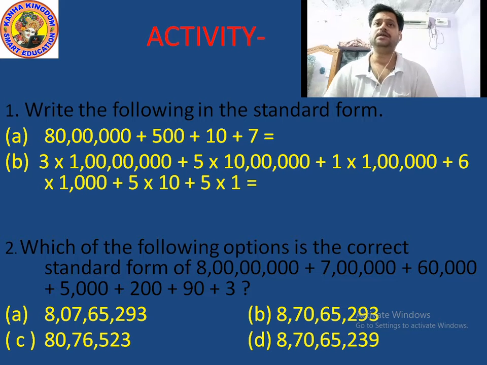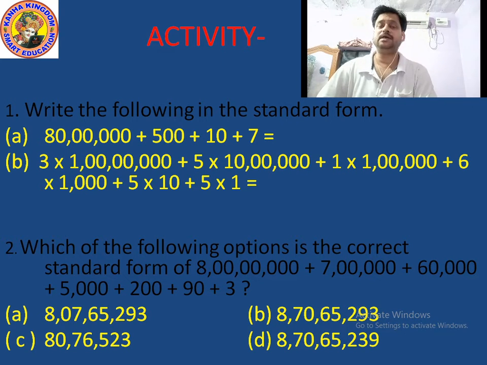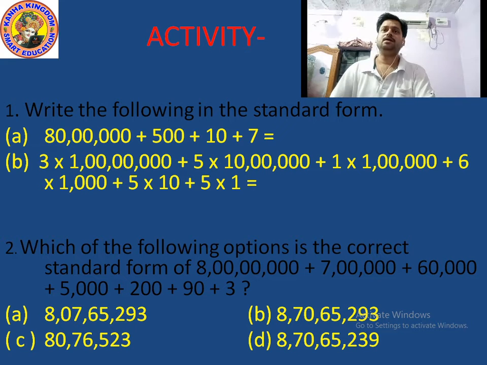The first digit is 3 multiply 1,00,00,000. So in this number there are 3 commas, and 3 commas, you all know, means the fourth period, and the fourth period is the crores period. And how many digits after the third comma? 1 digit, means 1 crore. So 3 is multiplied by 1 crore. When 3 is multiplied by 1 crore, this is 3 crore. Okay, you got it? 3 crore plus 5 multiply 10,00,000, means after the second comma how many digits?